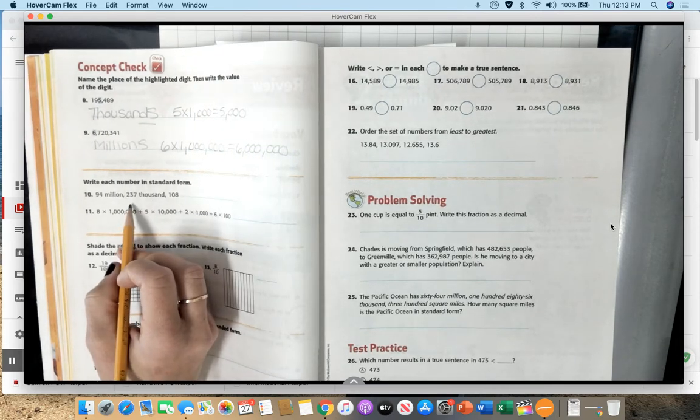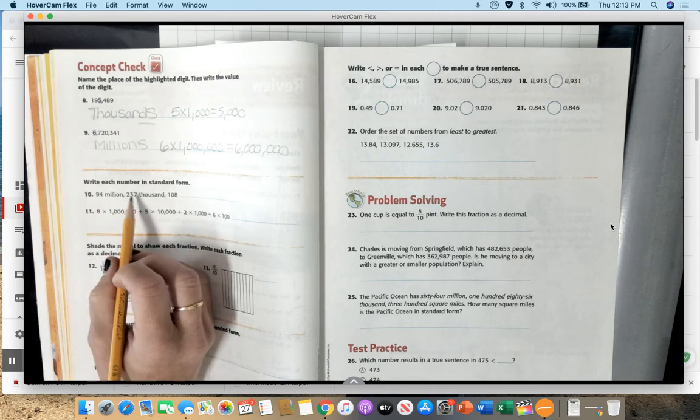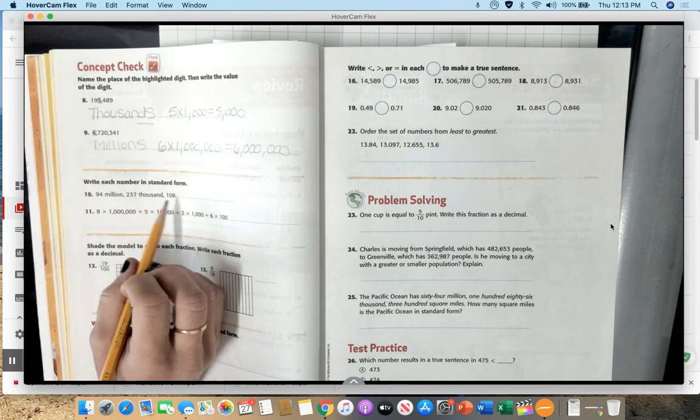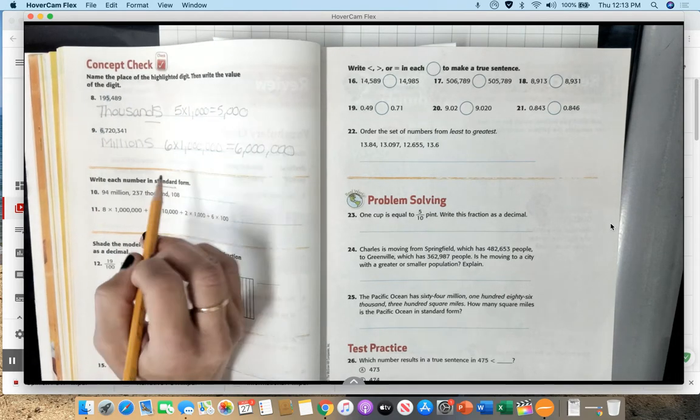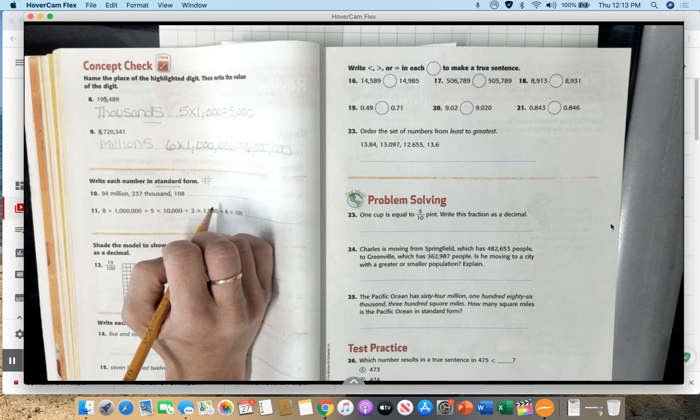Number 10, write each number in standard form. So here they have it written out with some words. We need to make sure we rewrite the entire thing just in standard form. Standard form should be written in numbers. So we have